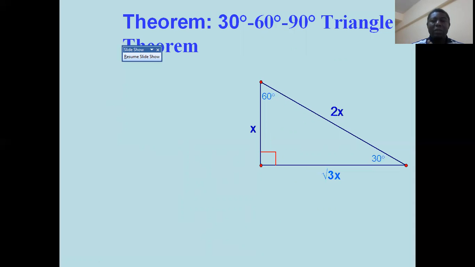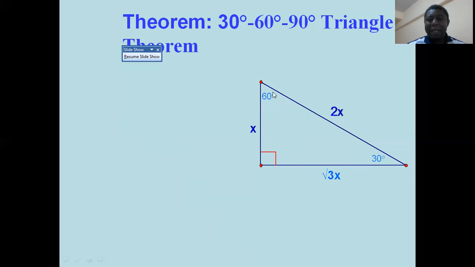This one is a 30, 60, 90 triangle. Here this is the angle 90, angle 60, and angle 30. Whenever you see a triangle with these angles, 30, 60, and 90,